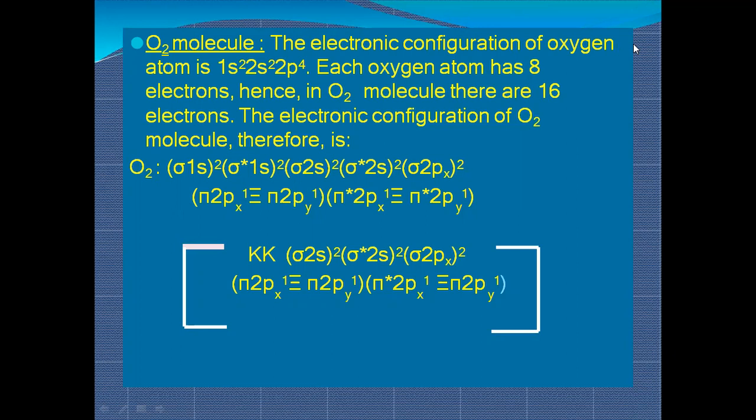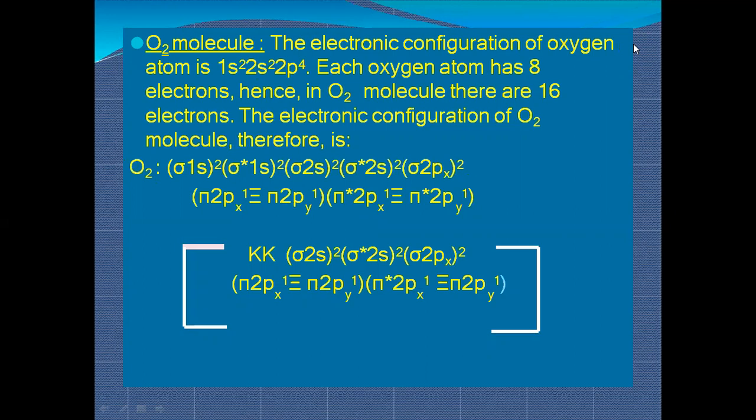So the number of electrons in a molecule is twice the electrons of your atom. Whenever atoms combine to form a molecule, their electrons are now in the newly formed molecular orbitals, which contain the sum total of electrons of both the elements. So the electronic configuration of the O2 molecule is therefore